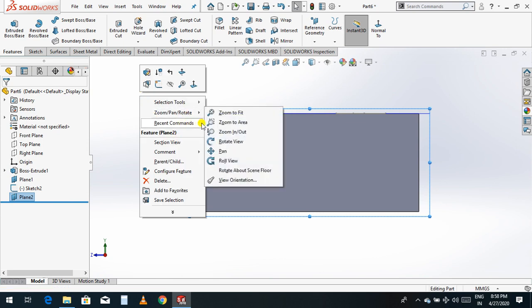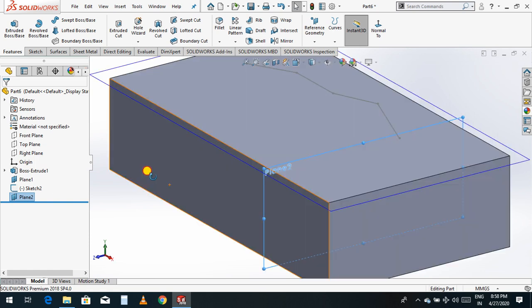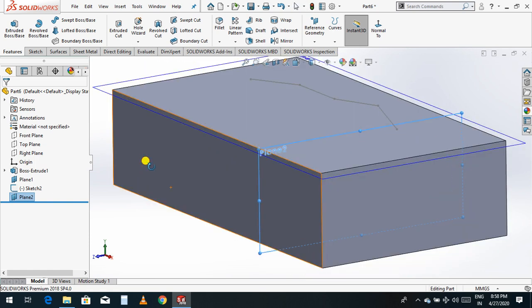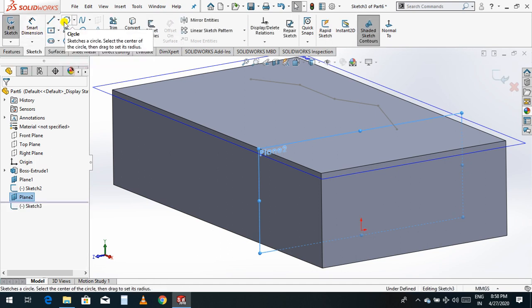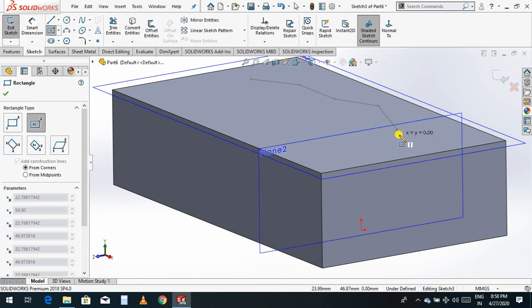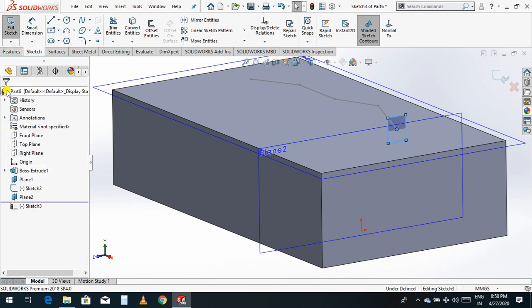Let me see the plane. Now go to a sketch. Now select the square at this point, like this. Okay, now exit the sketch